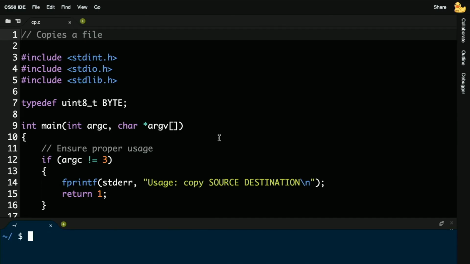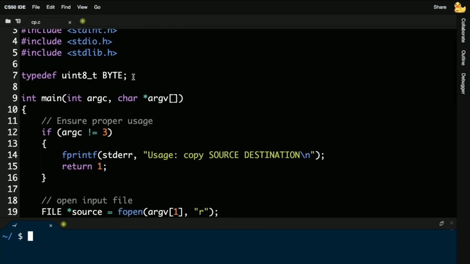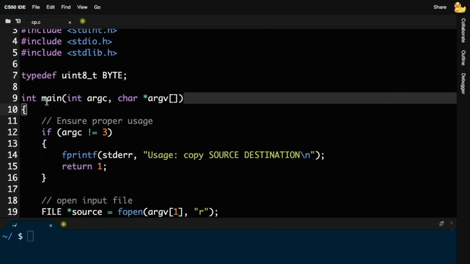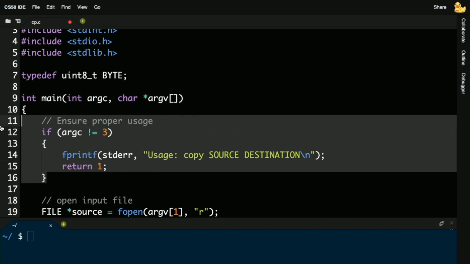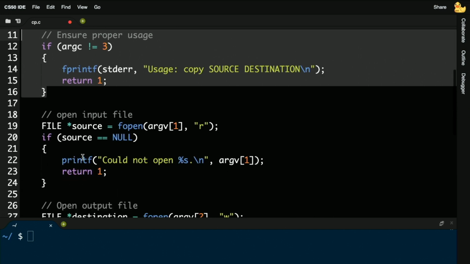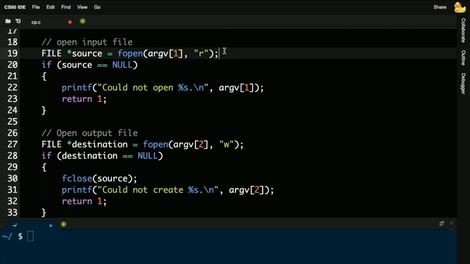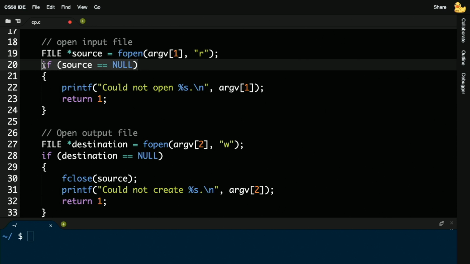How does this work? I now have all of the building blocks with which to copy files myself. So again, I'm defining a byte up here. I'm defining main as taking command line arguments here. And notice one change. I'm not using the CS50 library. So even what was previously string in week 2 is now char star, even here for argv. I'm making sure that the human types in 3 words, the program's name and the source file and the destination file. I'm using fopen again. I'm opening the source file here from argv1. I'm making sure it's not null, and then I'm quitting if it is.